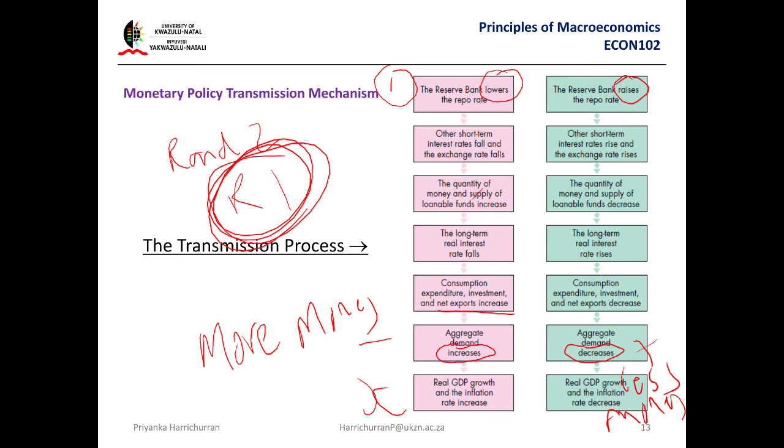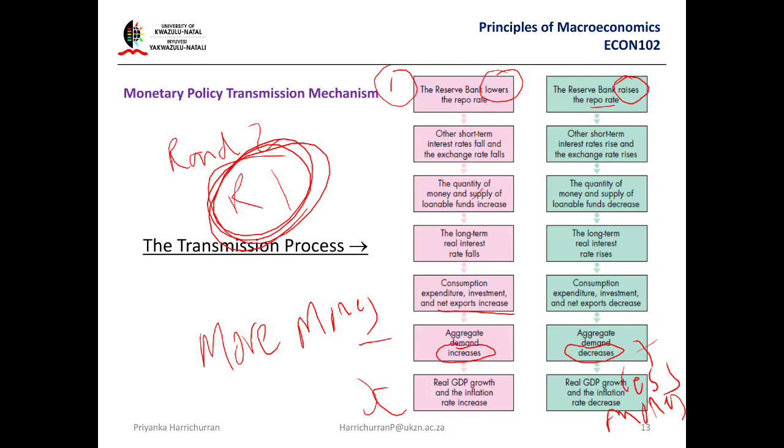Now for raising the repo. If you raise the repo rate, the interest of the banks will go up. The cost of borrowing is going to go up. Not a lot of people will take loans, so no one is going to take loans. Therefore, the quantity of money in the economy goes down. Also, the exchange rate will rise. If the exchange rate rises, what happens? It becomes more expensive for other countries to buy our products. Therefore, no one buys them. So at the end of the day, there is no demand. Demand decreases. There's very little money in the economy.